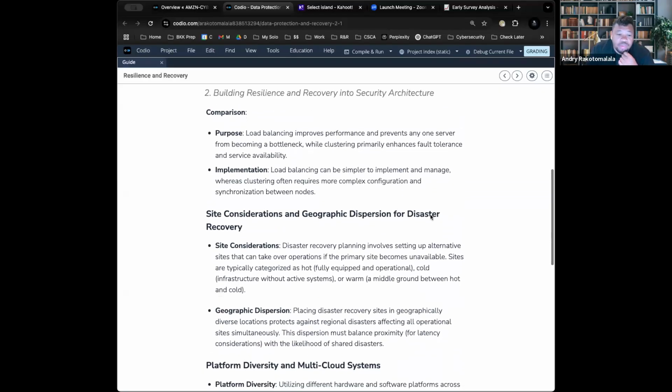And then implementation. Well, in very simple terms, load balancers are a lot easier to maintain, manage, and set in place. Typically, if you're using a physical one, it's just routing all of your traffic that's coming in through one device, set it accordingly, and then monitoring it is pretty easy. Now, when you cluster, because you're using a bunch of different servers and a bunch of different services, obviously it's going to be a bit more complex because you have to configure it so that if one server goes down, well, then it automatically routes to another, so on and so forth.